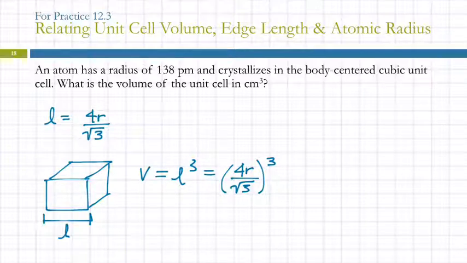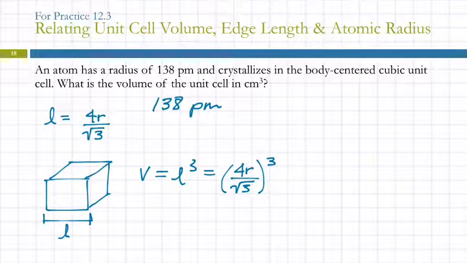So we know what R is. It's given to us in picometers. And they're asking for the volume in cubic centimeters. I can do unit conversions with cubed units, but I'd rather just do it with a straight unit. I'd rather put this into centimeters before I stick it in this equation and cube it. That's simpler to me. So I'm going to take 138